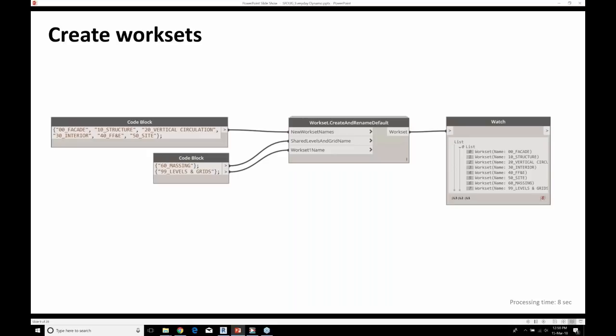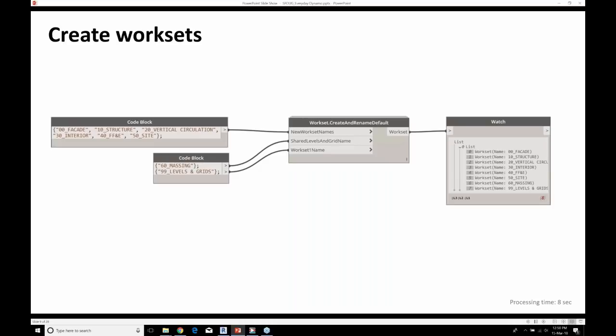There are different trains of thought as to what to do with it. Do you just leave it blank and hanging there like a neglected child, or do you rename it and use it? The conclusion we came to was that the one item every model needed was a level or a grid.